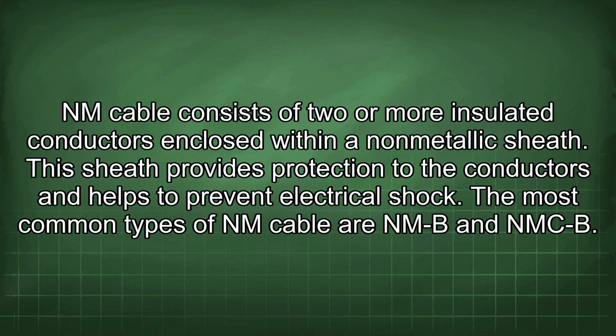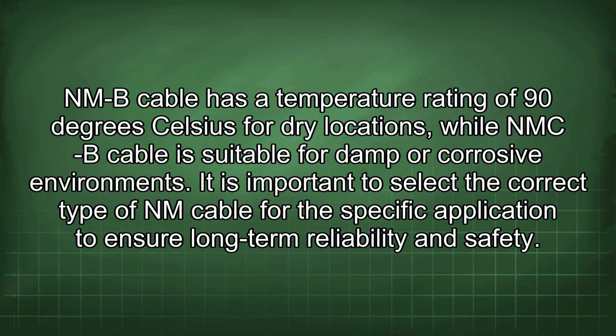NM cable consists of two or more insulated conductors enclosed within a non-metallic sheath. This sheath provides protection to the conductors and helps to prevent electrical shock. The most common types of NM cable are NMB and NMCB. NMB cable has a temperature rating of 90 degrees Celsius for dry locations, while NMCB cable is suitable for damp or corrosive environments. It is important to select the correct type of NM cable for the specific application to ensure